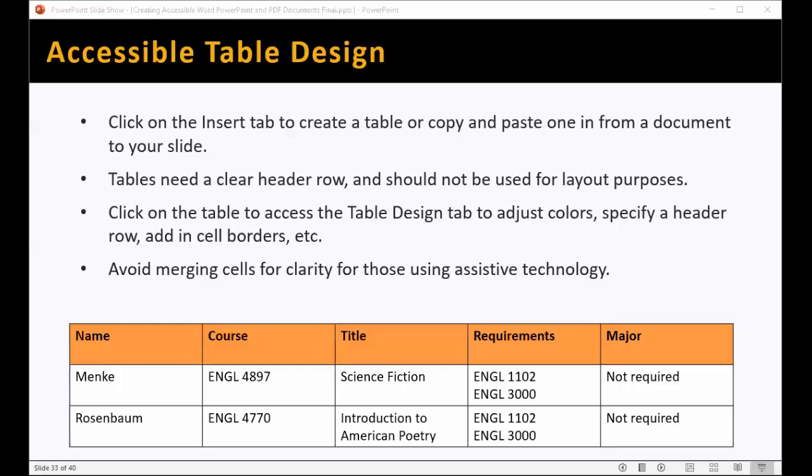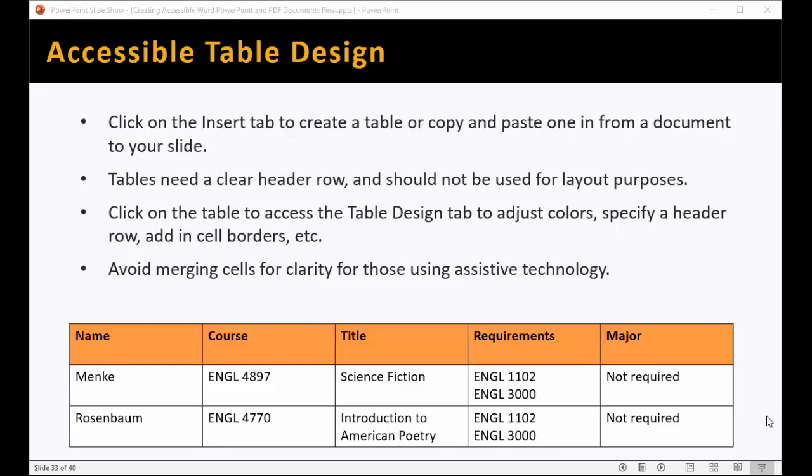So a lot of times we see people create tables just to kind of format text, right? And not everything falls under that table heading, or often headings will be merged and there's not an equal number of cells in each column and row. The more regular you can make your table, the more accessible it will be for someone listening to the data of that table. A screen reader is going to read aloud each column and row number before it reads the contents of that cell. So the more regular you can make it, the better. So try to avoid merging cells,